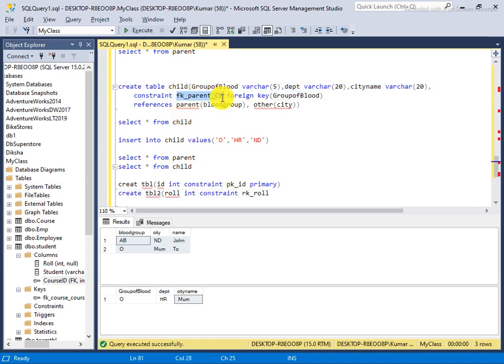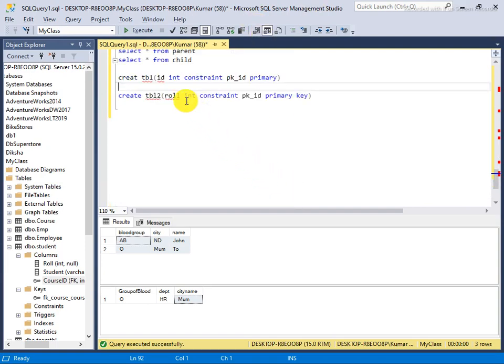Logically, the primary key is for this table, but technically, if you see this as a different table and this as a different table, this primary key would be for this and that primary key would be for that.